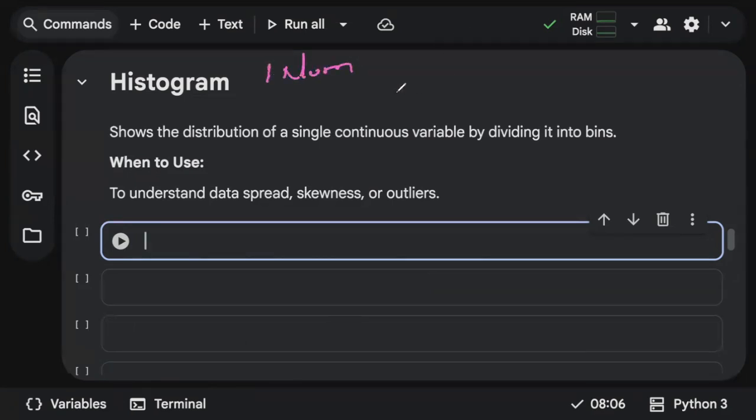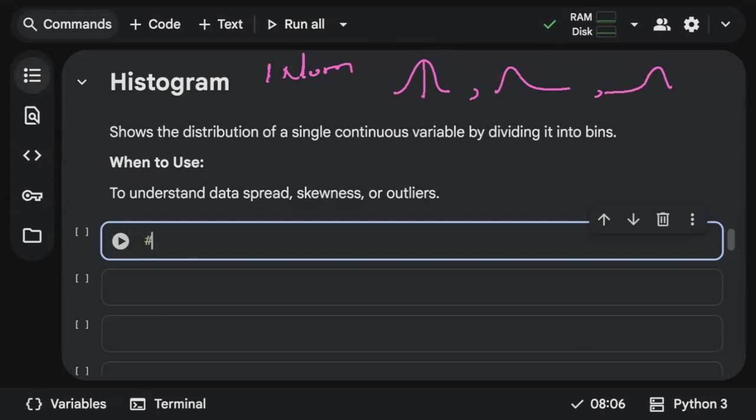Always remember, when I say histogram, it requires just one numerical column. Also, we look into three different shapes. If it is like this, we call it a normal symmetric distribution, because when we draw a line at the center, you can see equal distribution towards left and right. What if the tail is more towards the right side? What if the tail is more towards the left side? We call them a right skew or a left skew. So all these things, whether you have skewness in your data, whether it is symmetrical, or whether there are any outliers, you will get to know within a histogram.